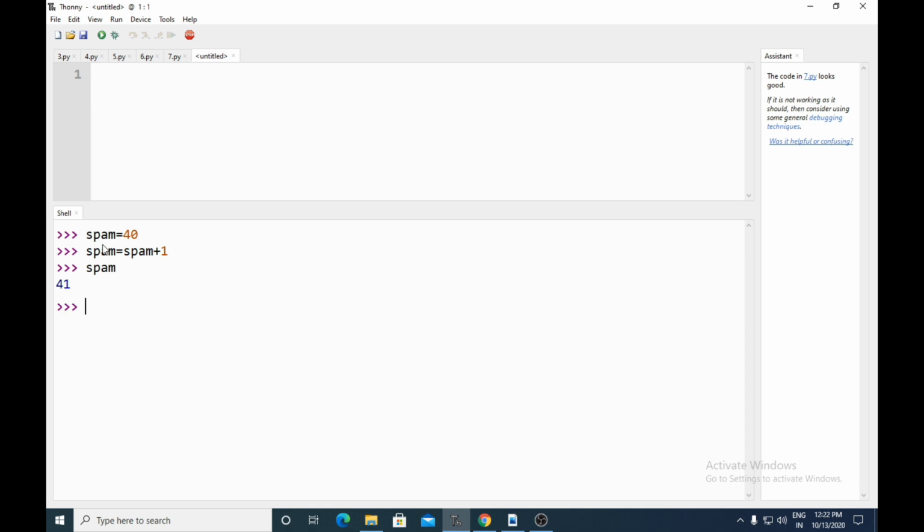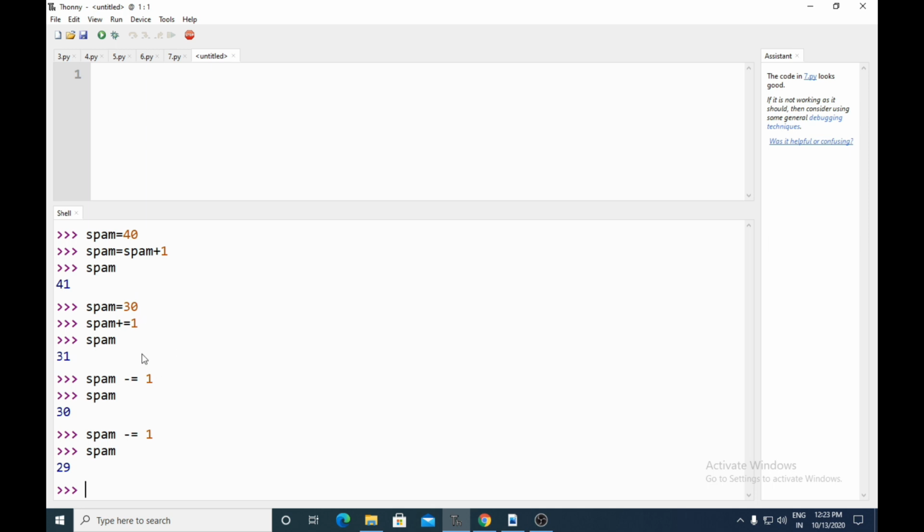So instead of using that variable name always, what they are saying is spam is equals to 30, spam is equals to, not is equals to, plus equals to 1. Okay, so this plus equals to together what you are using is known as an augmented assignment operator. So immediately it will add plus 1 to the variable, then you can print the value here spam. Okay, it will increase the value by 31. So instead of using plus, you can use other operators also, minus. Okay, so when you print the value of spam, it will become 30. Okay, again if you do the same thing, spam, it will become 29.